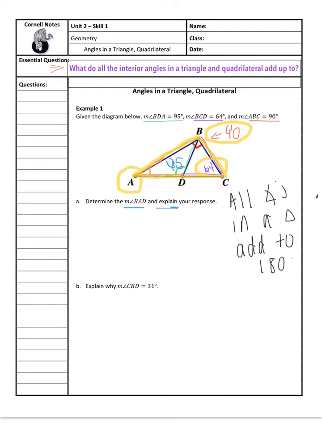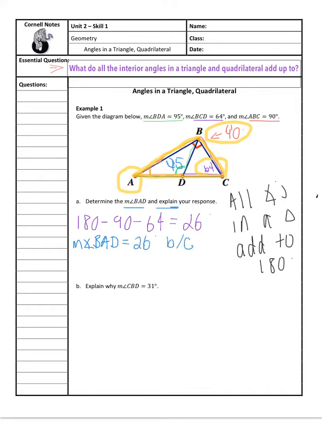So if we know all the angles in a triangle have to add to 180 degrees, we can make a little equation, or you could just subtract and say, well, 180 minus the 90 minus the 64. So if you go ahead, pause, plug that into your calculator, we're going to figure out that the measure of angle BAD is 26 degrees. All right. So a little sentence we could write would be to say the measure of angle BAD equals 26 degrees